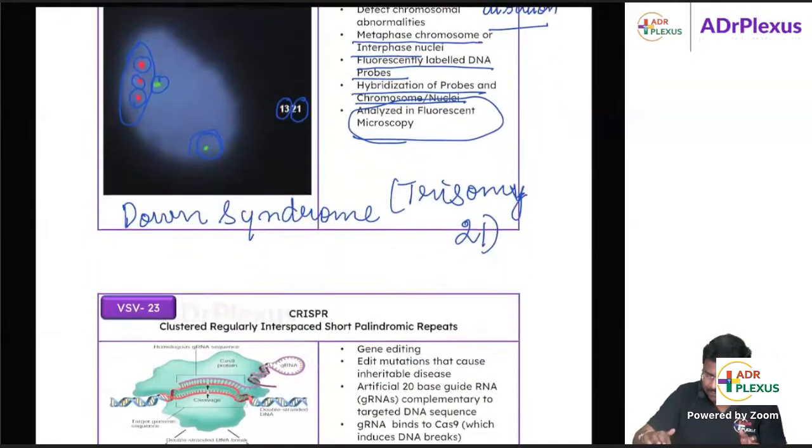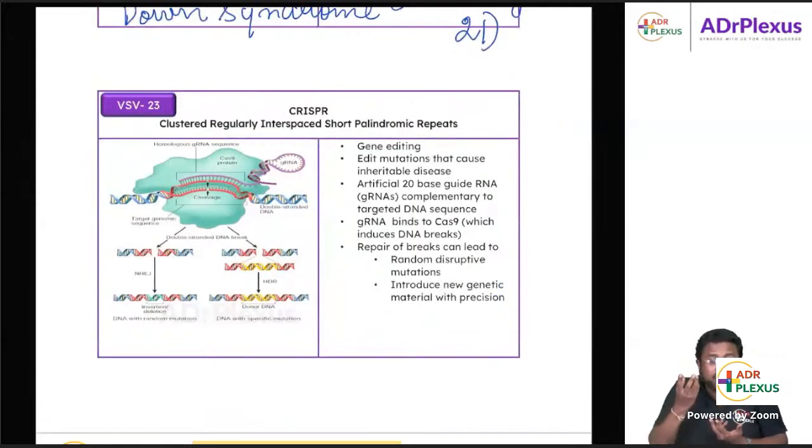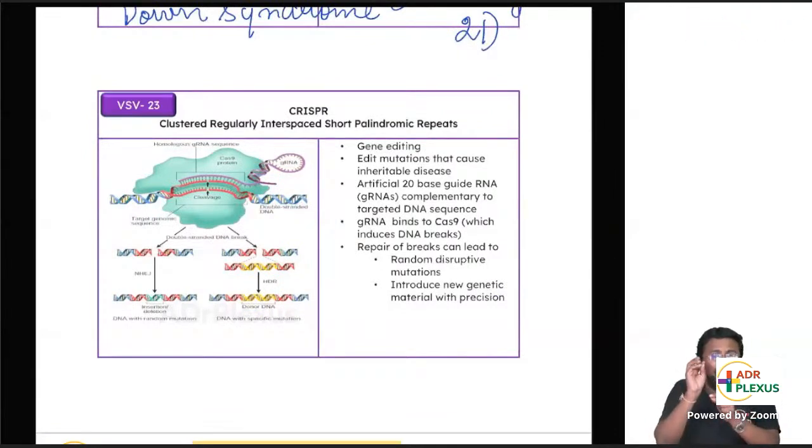Okay. Then another very recent one, HER2/neu gene expression, and even in neuroblastoma, N-MYC. In neuroblastoma, what happens? The N-MYC gene will be amplified, no? You will be adding a fluorescent dye to the DNA probe of the N-MYC gene. So there will be a lot of signals of this N-MYC gene, as there are many N-MYC loci. N-MYC is amplified in neuroblastoma, so you can see more fluorescent signals.